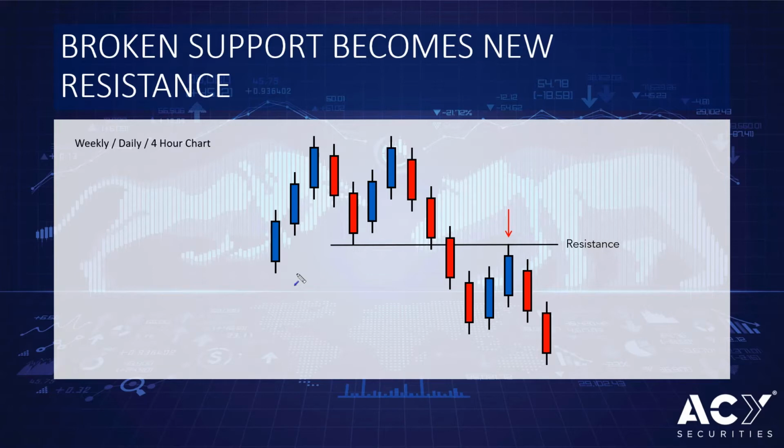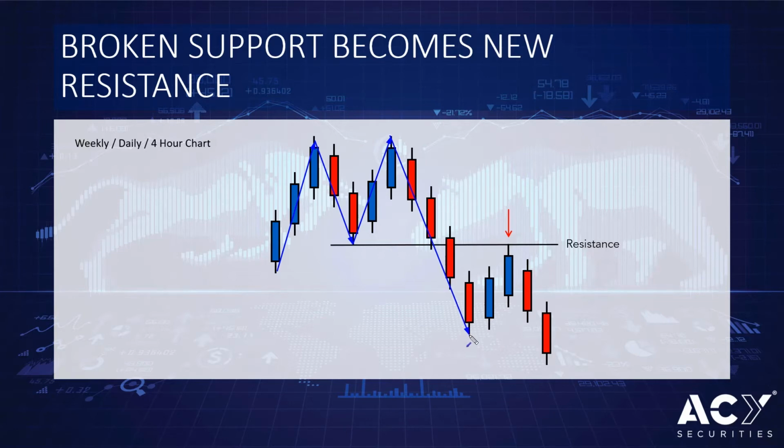Okay, next let's go through what broken support becomes new resistance is. Again, I'll look at this on the weekly, daily and 4-hour chart. So here price is coming up, then it's pulling back and then starts to rise again, so it's putting in a support low. I draw a horizontal line across from this support low because as price pulls back, that could be support for the market. Now if price moves through it and doesn't hold as support, comes down to a lower point,